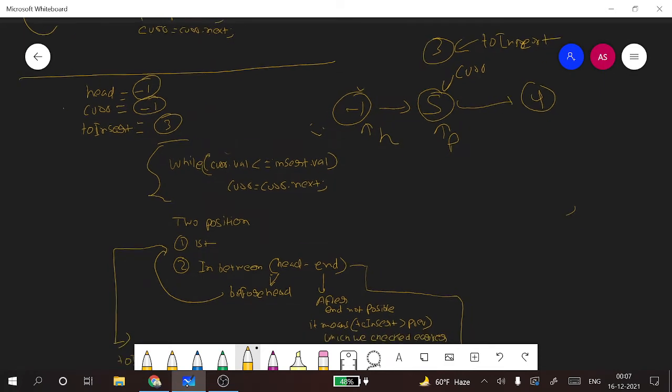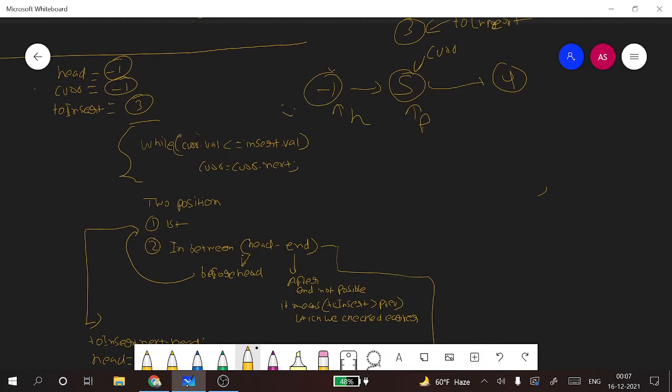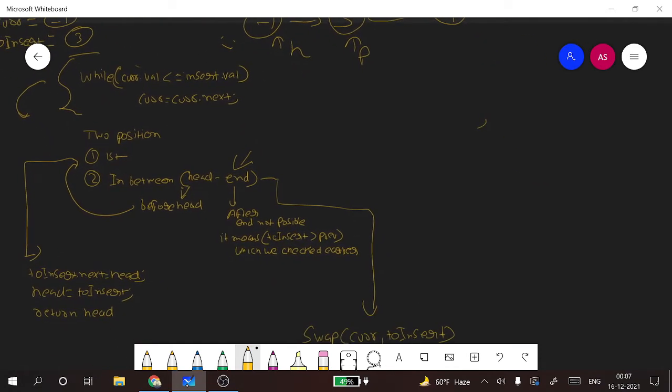So how do we insert that? After this iteration we will be in two positions. Either we will be at the first position where we want to insert the toInsert node, or in between head or end. Now we are in the second case, in between head or end. Our current is pointing to that position where we want to insert. So what we will do